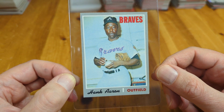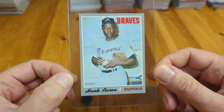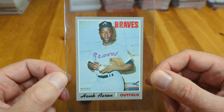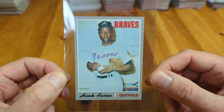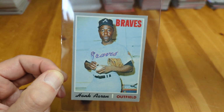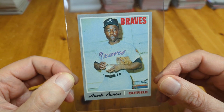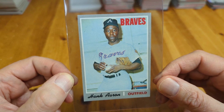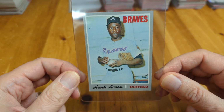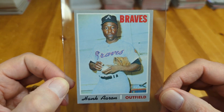From the same shop, I've picked up a Thurman Munson rookie from 1970 Topps, and that also graded a 6. So I've had some luck with the 1970 singles they've had in their display case. They have the revolving shelves in their main vintage display case, and the last few times, say 4 or 5 times I've been in there, I've gone through the shelves and I've seen this card in there,